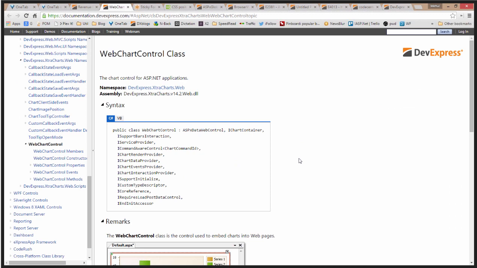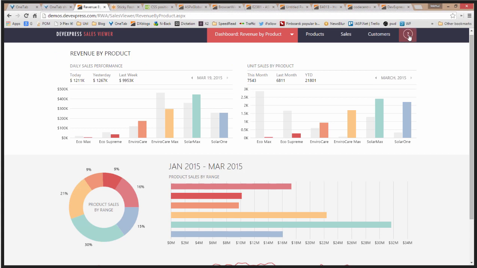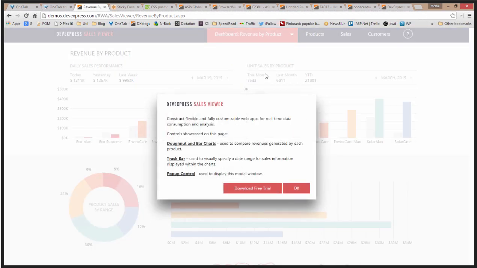So if I click on this link here, it does a pop-up, explains the web chart control, and that's what these other things do. And then I've got a button that says OK, that says, hey, get rid of that pop-up, right? Because it's a modal pop-up and takes focus and all that. But if you'll notice, the reason why we create these demos is not just to show our current customers,